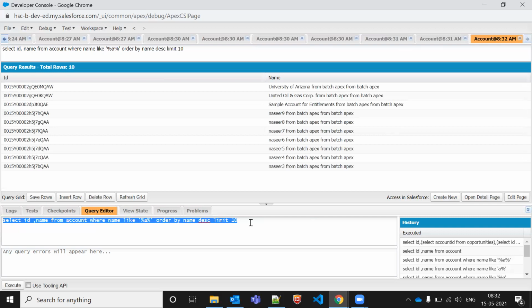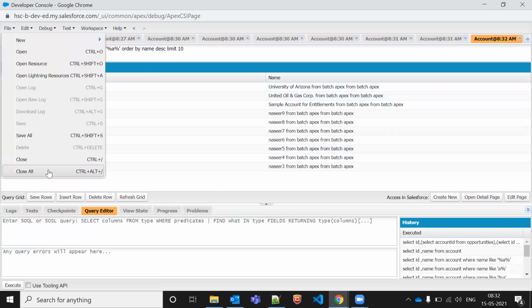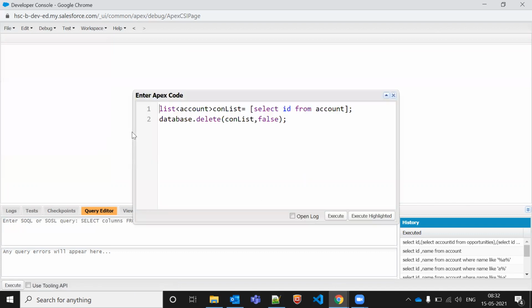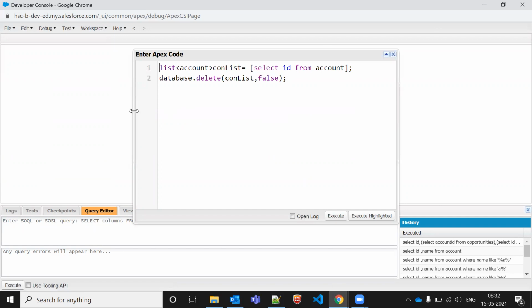Okay, so now apart from SQLs, let's go to displaying the collections as well.